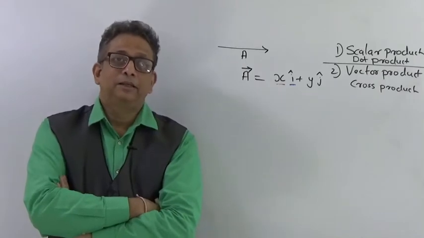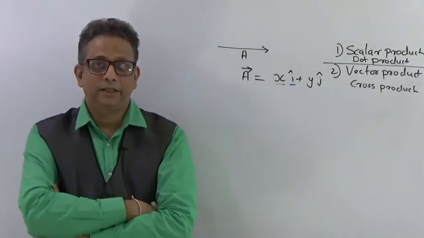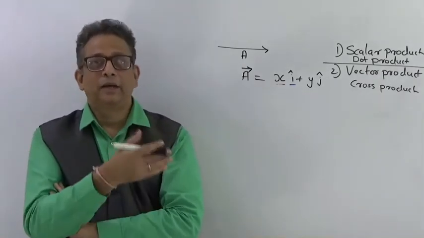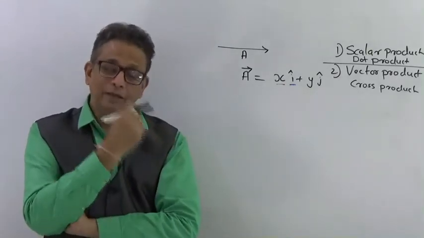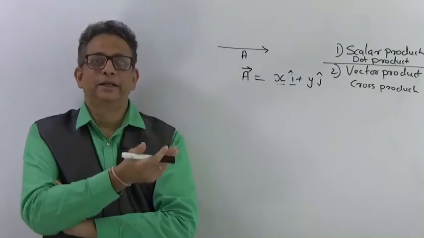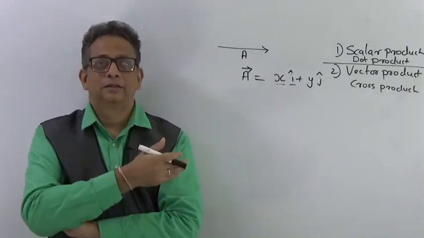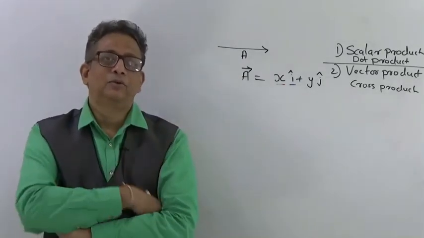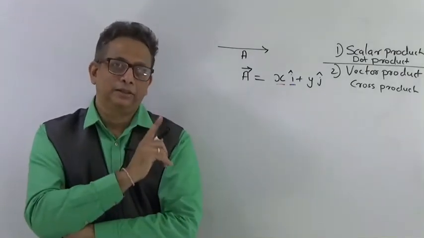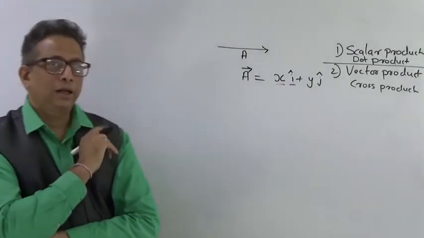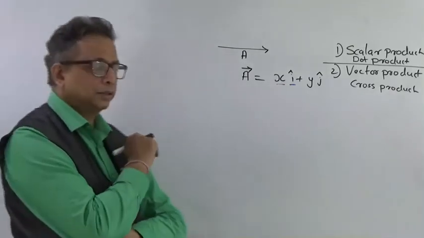But first we will see the mathematics behind this multiplication, how it can be performed and what the methods of multiplication are, and then we will apply it to our physics entities and see the results. As I have said, we don't call that a resultant, because resultant is used for addition of vectors. Okay, so here we are talking about the product of vectors.